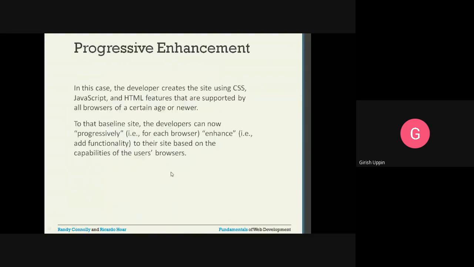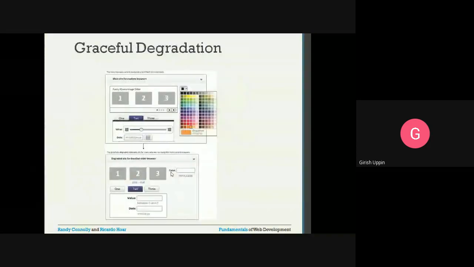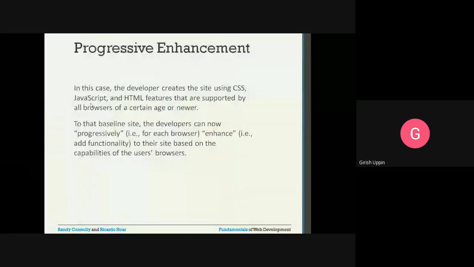Progressive enhancement. This is opposite to the concept of graceful degradation. There, you start your application development with the current version, and you slowly degrade as you see the older versions of the browser. In this case, it is just the opposite. It's progressive enhancement.